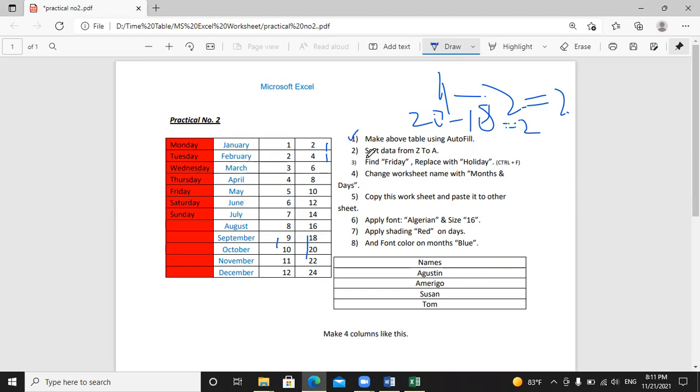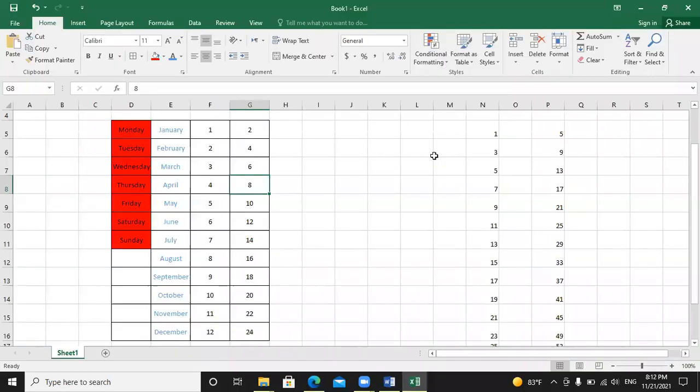Now I have to sort data from Z to A. What is sorting? Sorting means arranging data from Z to A. That means Z is the largest alphabet, and A is the smallest alphabet. I show you here also. Here you can see this is January, this is February. If I write ABC, F should be before January, and A should be at the beginning, because of the first letter.